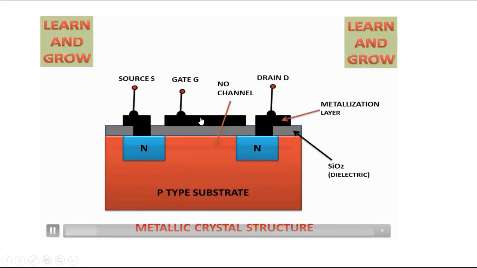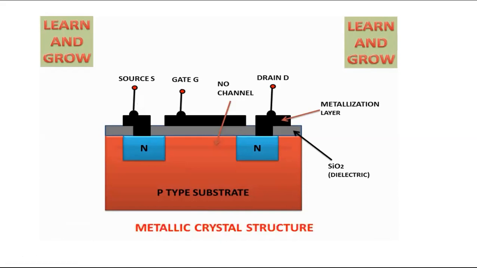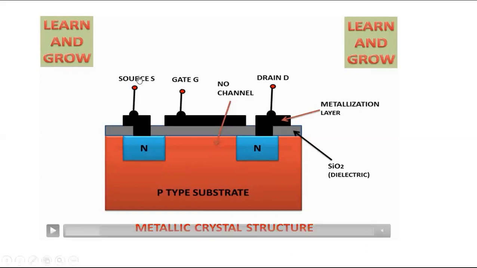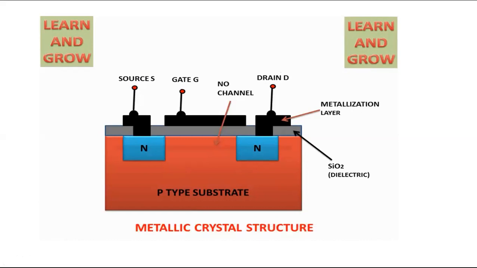So what are the terminals of MOSFET? Source, gate, and drain. So remember, what is the definition of the source? Source terminal is used to create the movement of electrons. If the source terminal is not present, you will never expect the movement of electrons. Drain terminal is used to attract the flow of electrons. So this is the most important thing. What is the use of the drain? Drain is always used to attract the flow of electrons. This is enhancement mode, N-channel.